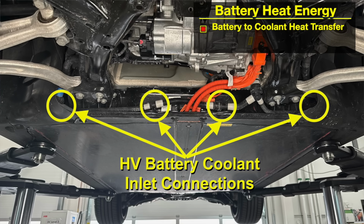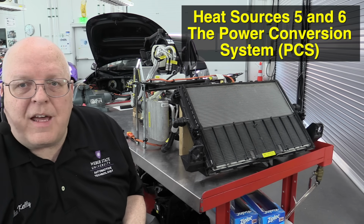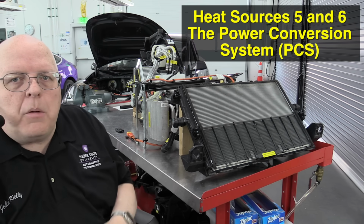And the coolant going through the battery can allow heat energy that's stored in the battery, the hardware itself, the physical parts of the battery, to transfer into the coolant. Or if we need to heat the battery, we can transfer heat energy from the coolant into the battery hardware itself. So it can go both directions also, the heat energy at the high voltage battery. So that is our fourth heat source. Our fifth and sixth heat source are built into one big component that you can see here